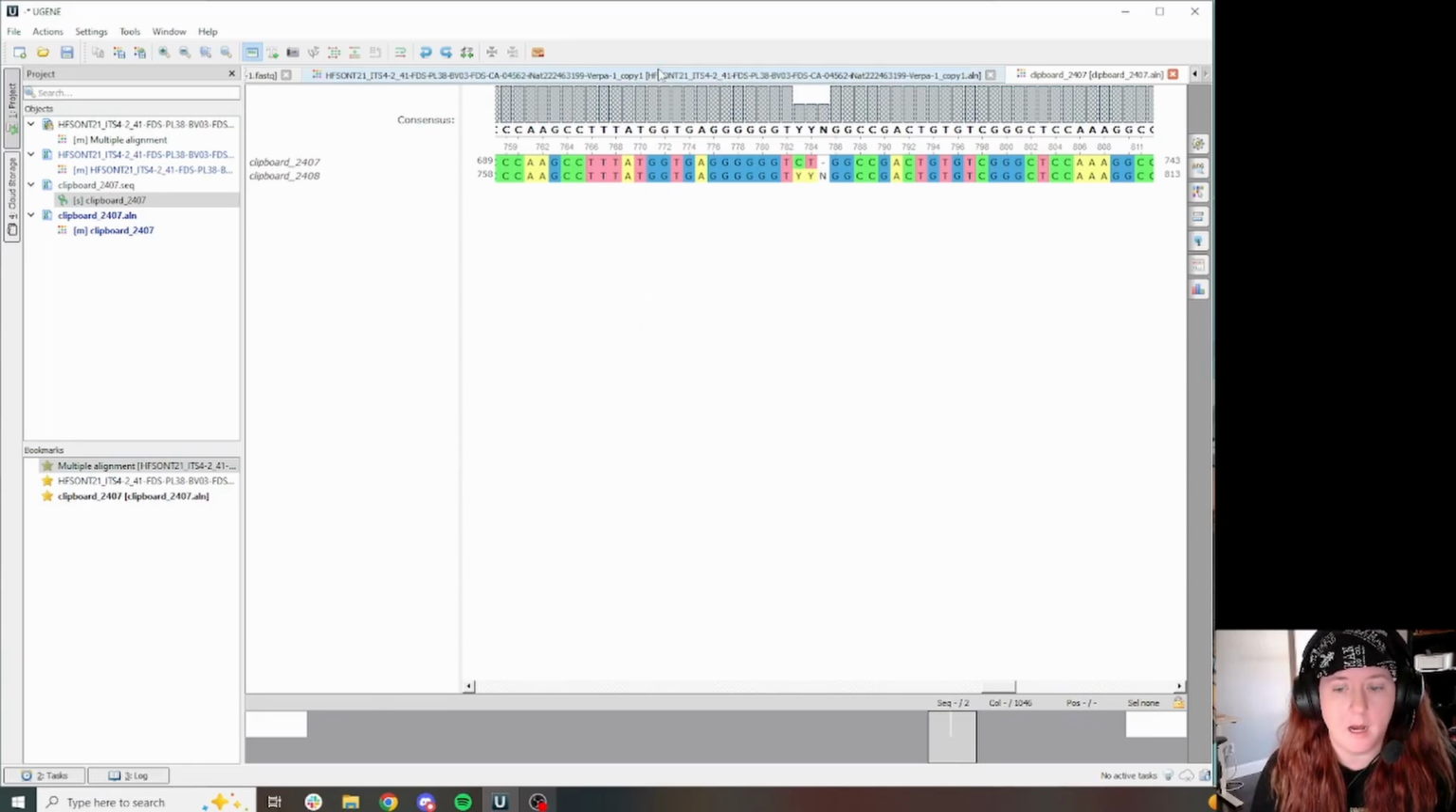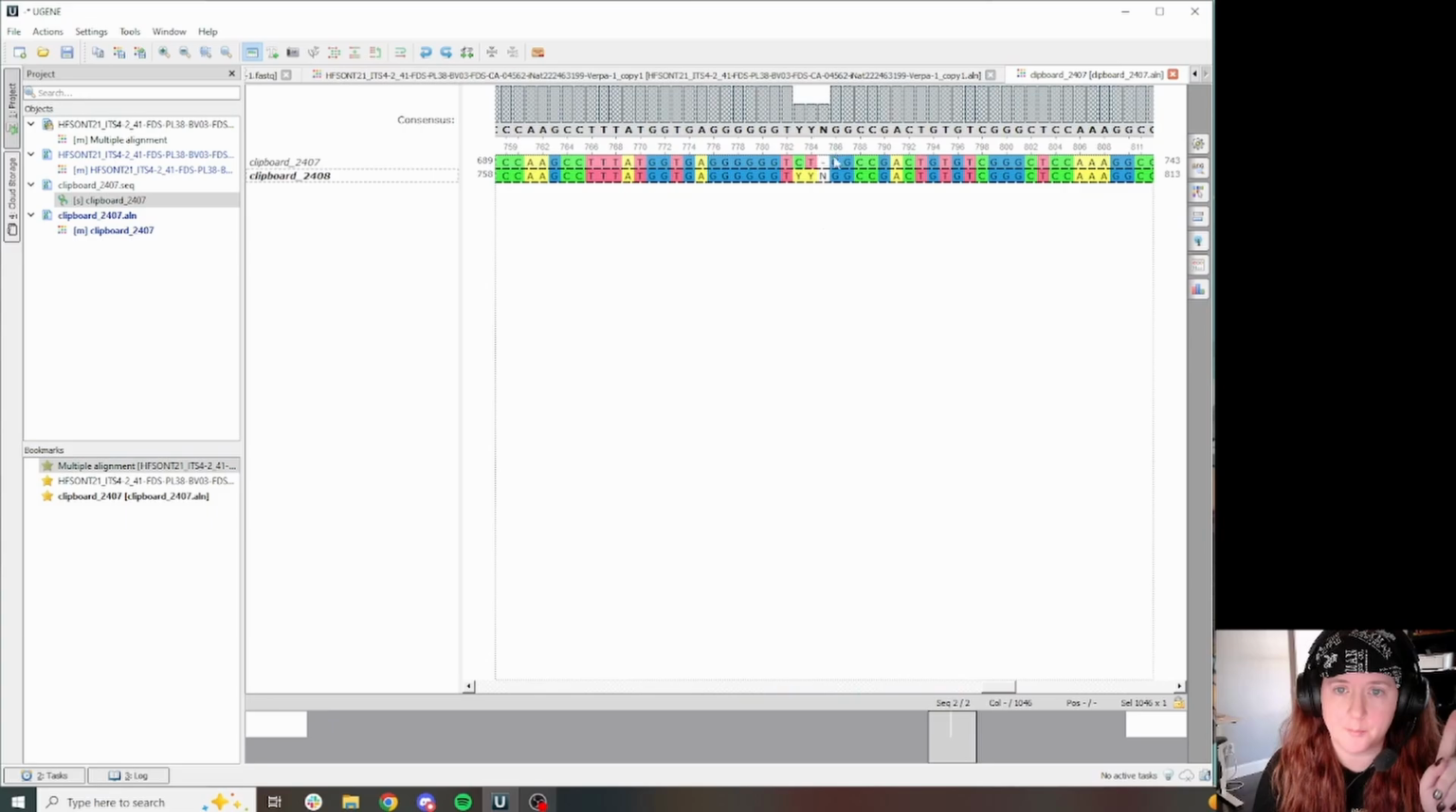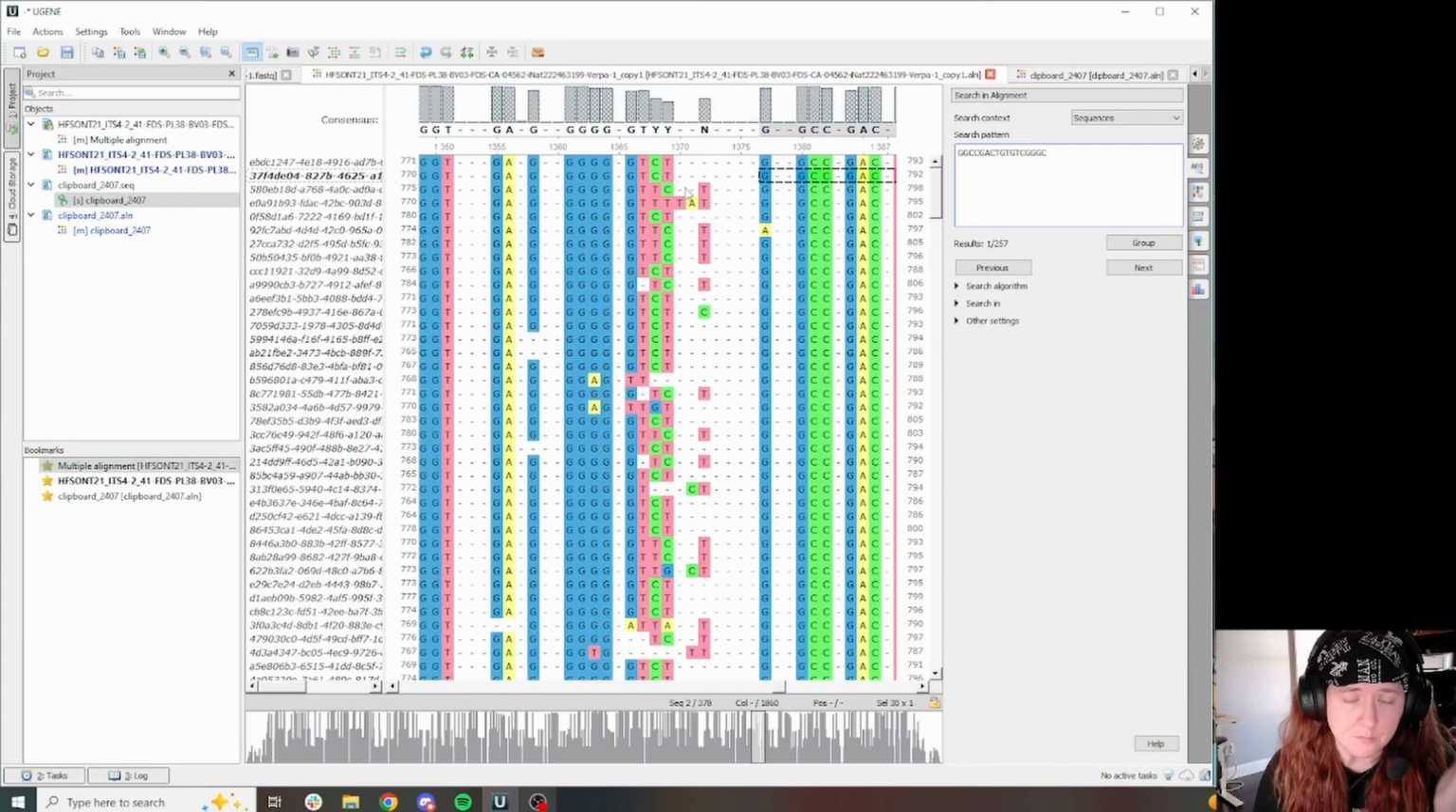So the top row here is the initial sequence that NG species ID spit out. This bottom is my consensus sequence once I aligned everything. And this right here represents these two Y's and this N that are not agreeing with this. So I look at this and it's a bit suspect to me